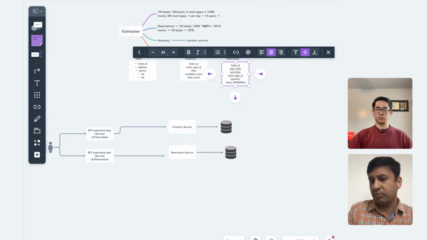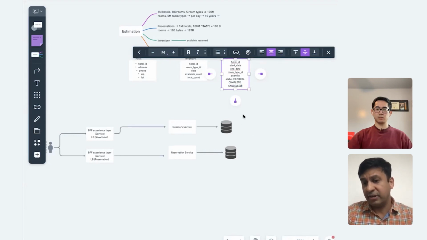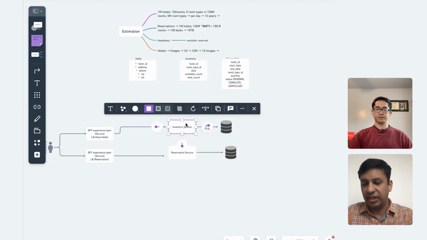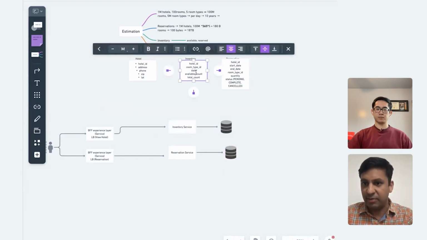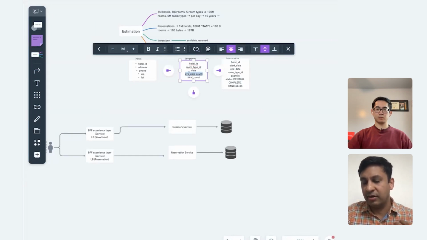If we want to support some kind of timeout, I'll come over to that. Pending, then complete maybe can be a state, then maybe cancel can be a state. So if a reservation is canceled, then we want to make sure the inventory is reverted also, like the available count, the ones that were reserved before, that available count needs to increase because a reservation